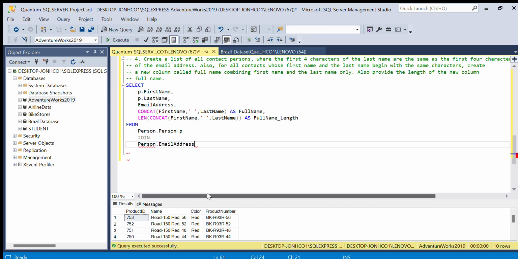Email address, Person dot EmailAddress. Then we can give it an alias E, right? So giving it an alias E, you could also see that the red line here has also vanished. So we come here and we give it the E. Yep. So joining it now, we join on